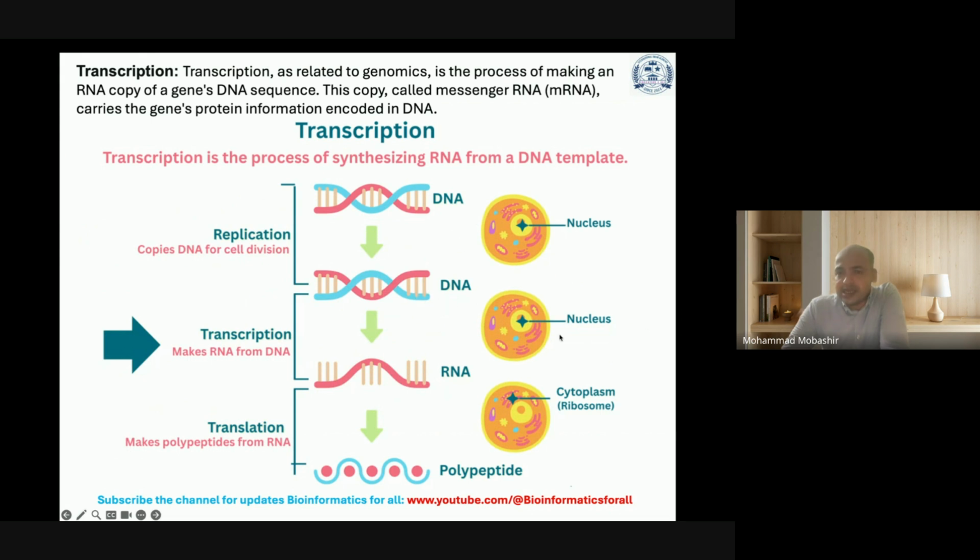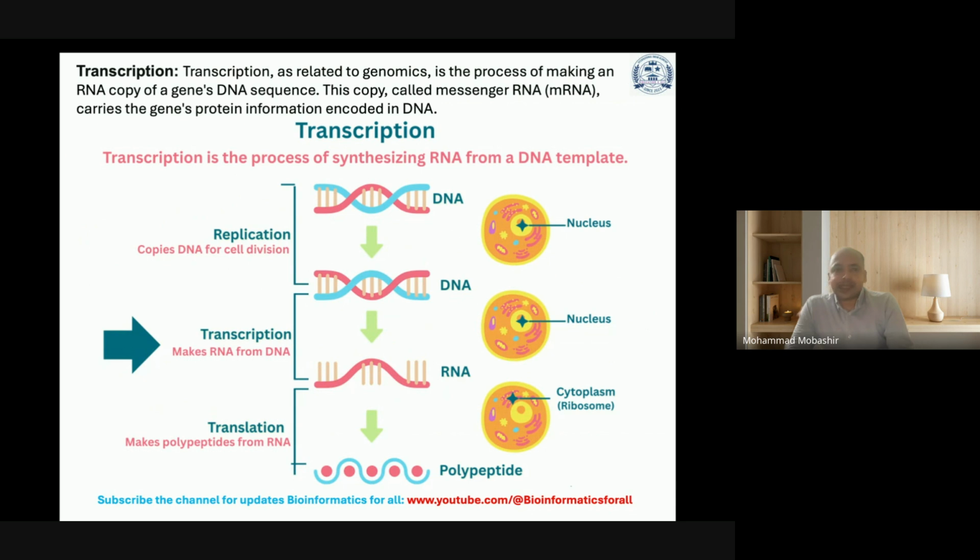Here is DNA, again at the nucleus level. Then mRNA finally moves out of the nucleus and goes to the cytoplasm for protein synthesis, the translational process. So you can understand how replication copies DNA for cell division, and how the transcription process makes mRNA from the DNA. And finally, when you have RNA, the translational process completes the protein synthesis part, but with the help of different